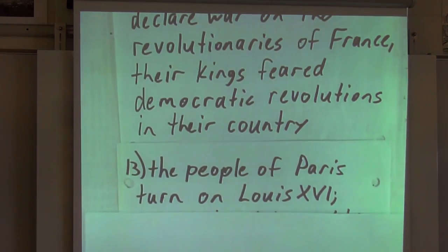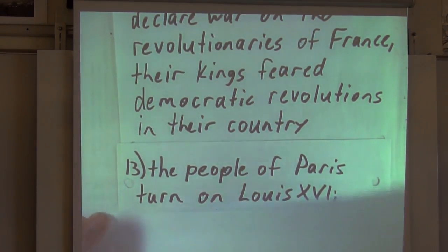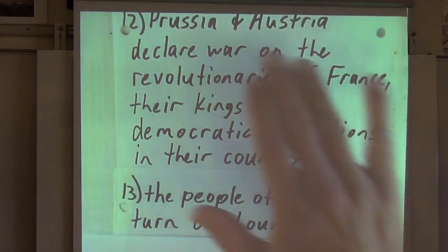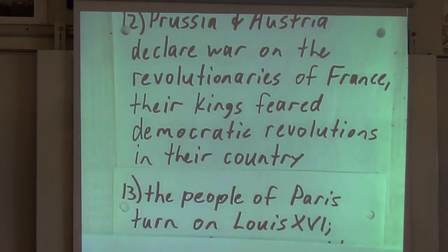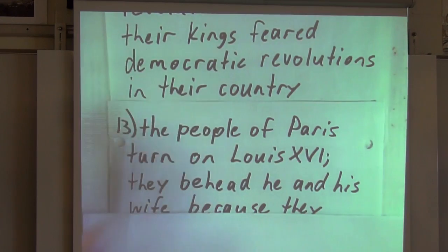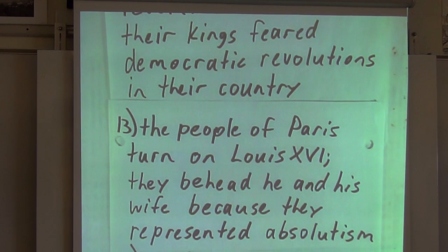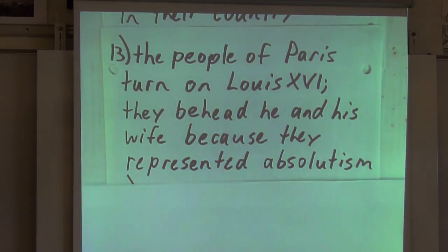Because of this, the people of Paris turn on Louis XVI. And part of this is that Louis had a wife. Her name was Marie Antoinette. She was from Austria. And Louis and his wife and his kids, they actually try to make a run for it. They try to escape to Austria. And he's captured and he's brought to Paris. And he and his wife are both eventually beheaded. Because they represent dictatorship. They represent absolutism. They represent this oligarchic rule of the elites. They represent the first estate. Okay? So you can see that this is getting chaotic.